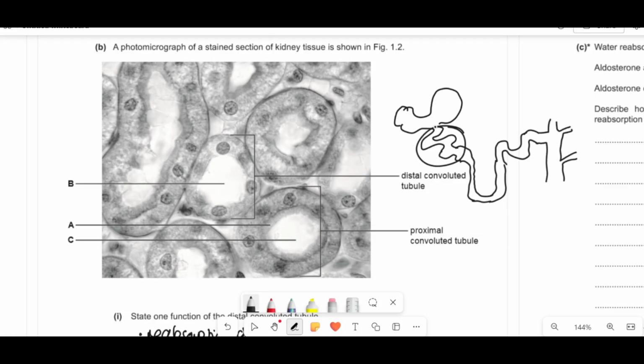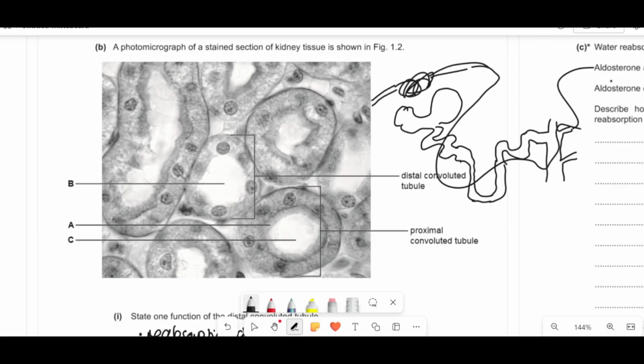Now, the proximal convoluted tubule's here, and while we're here, we've got our afferent arteriole, a bundle of capillaries known as the glomerulus, efferent arteriole, and a whole load of capillaries wrapping around the whole thing until you're back to your vein, right? Because there's a higher pressure in the afferent than the efferent, water and solutes get shoved out, almost like tissue fluid being formed, into the Bowman's capsule. Once it's in the Bowman's capsule, it travels along the length of the whole thing, and a whole load of reabsorption happens, right? That first step of everything being shoved out is ultrafiltration,